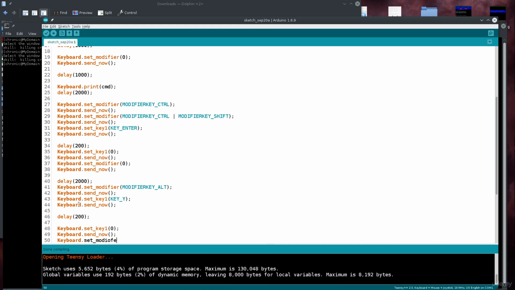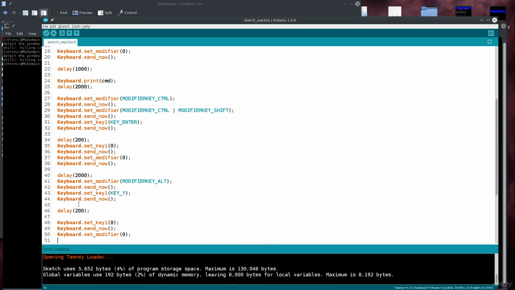Set modifier to 0. That's going to be keyboard dot send now,